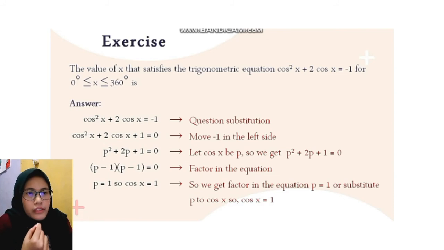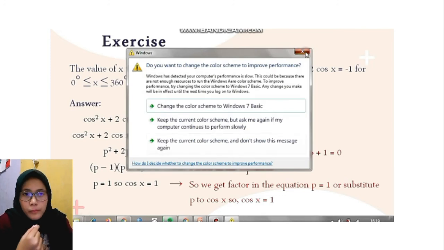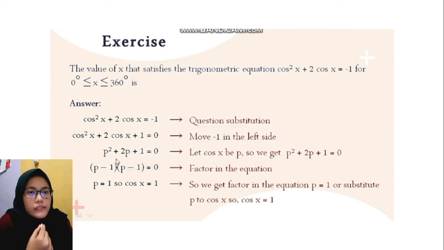Move minus 1 to the left side and let cos x be p, so we get p squared plus 2p plus 1 equals 0. Then factor the equation: p plus 1 and p plus 1 equals 0, so we get p